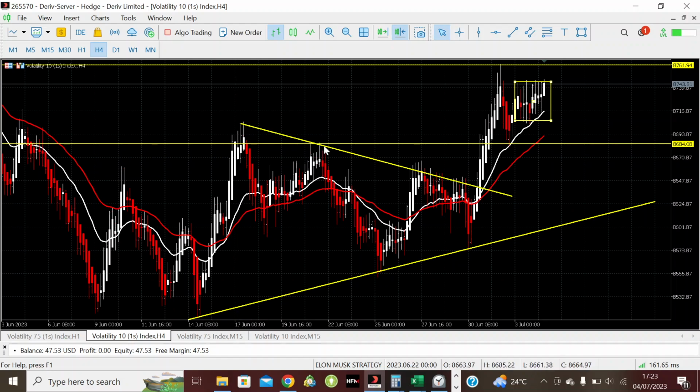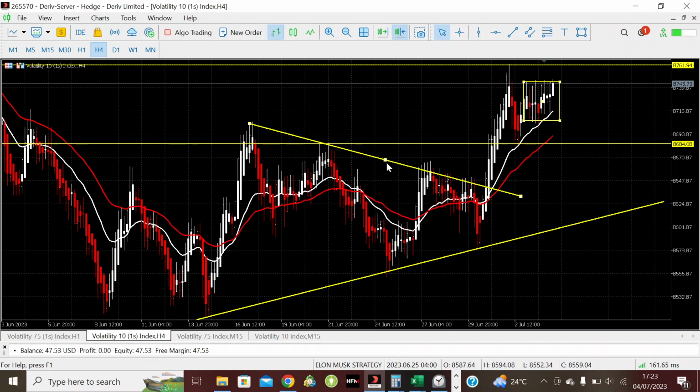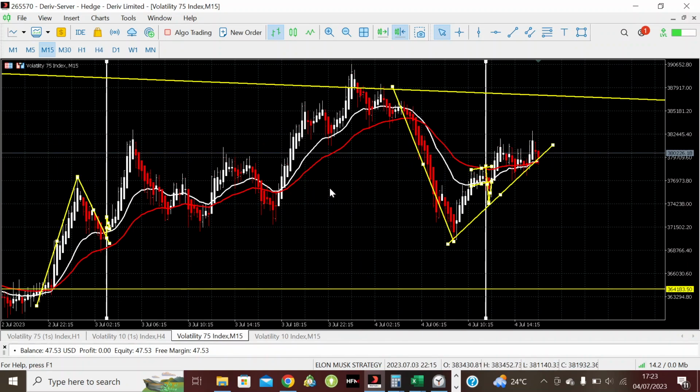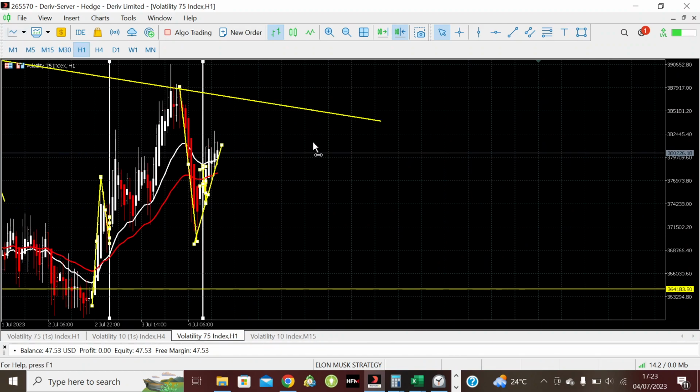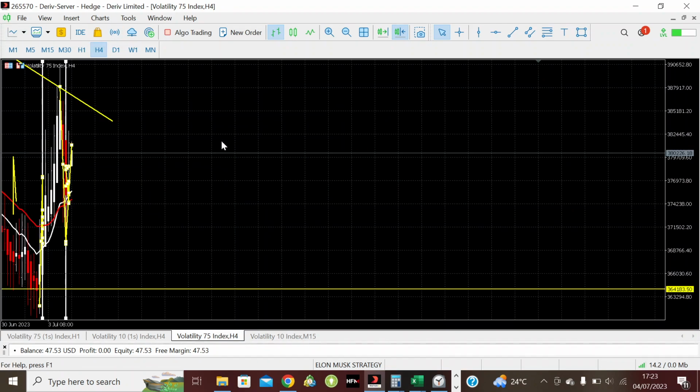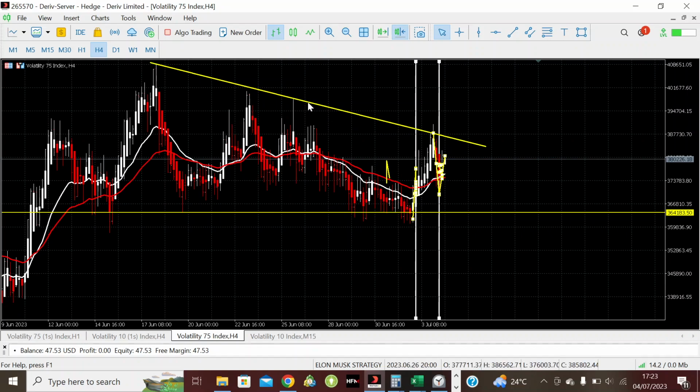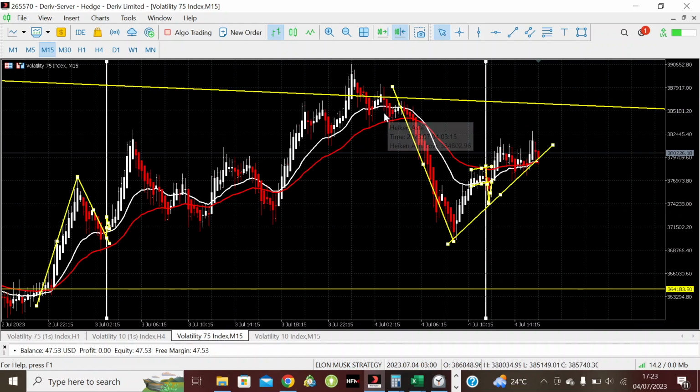You see this line here? This is the 4-hourly chart of the V75 index market. Okay, this thing happened today. This is a trend line. Touched here, then touched here, then this is the last touch. Okay, so somebody might come here now